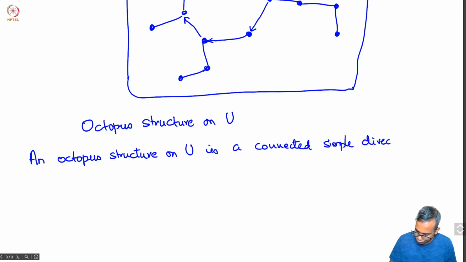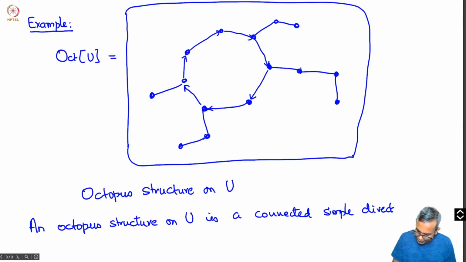Directed graph structure on U. It doesn't matter. We have not given arrows to these legs of the octopus, so to speak, but each leg has an obvious orientation. You move from the tip of the leg towards the body of the octopus. So whether you draw these arrows or not, it doesn't really convey any extra information. So we can think of this octopus as a simple connected simple directed graph structure on U,